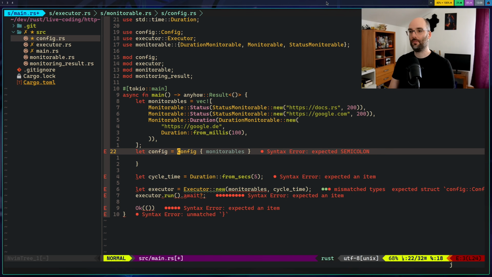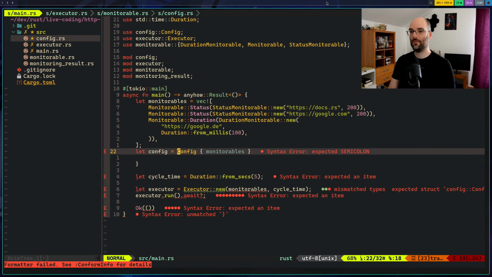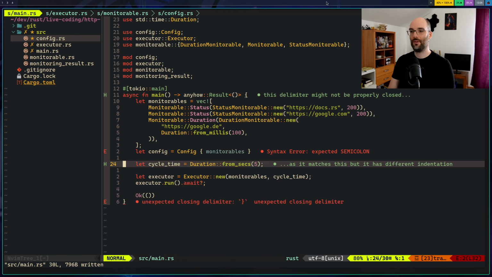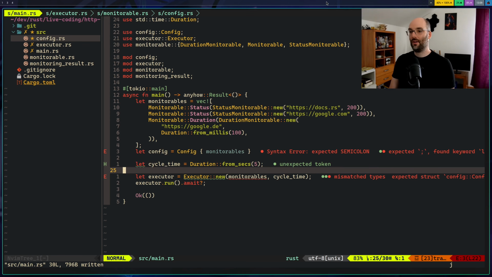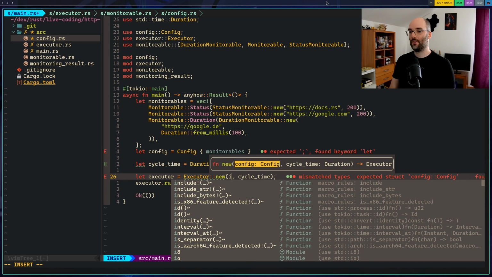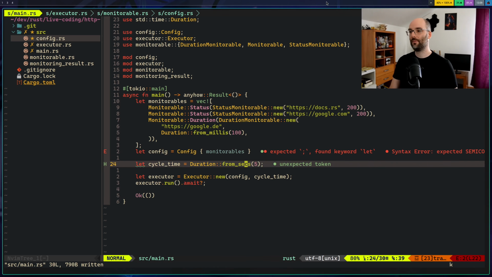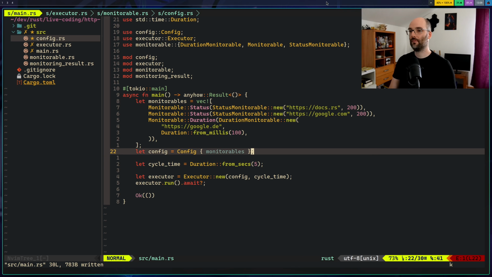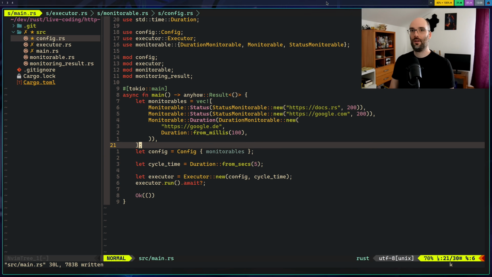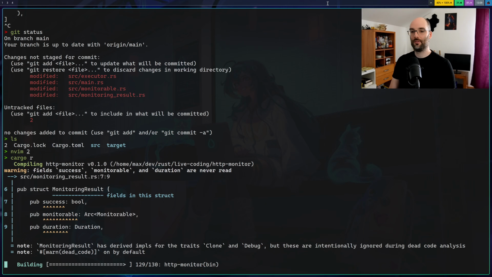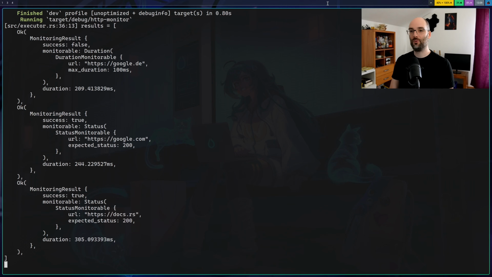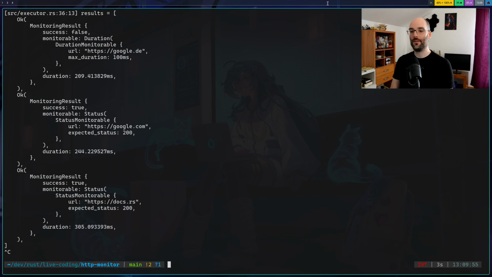Yeah, fill the arms. Come on. Yeah, we're good already. And we provide, of course, the config here. Will this one run? It will. Nice.